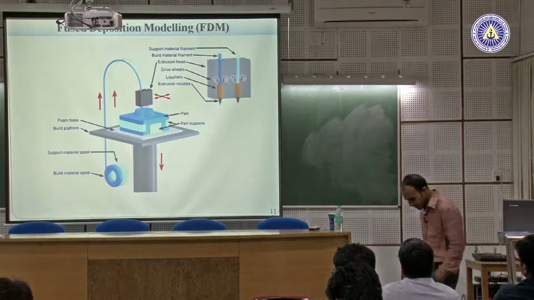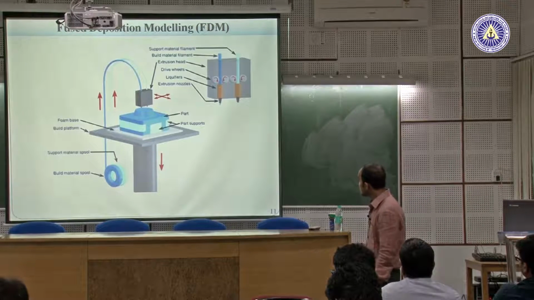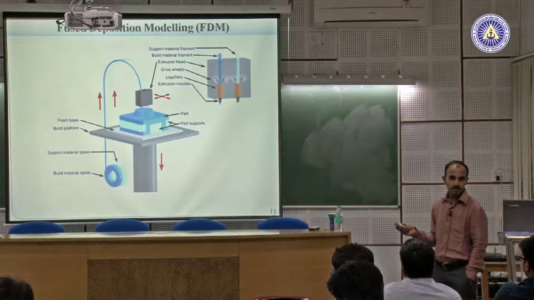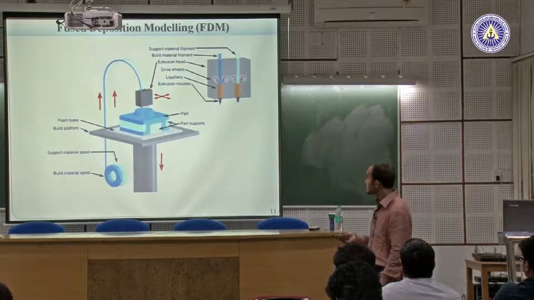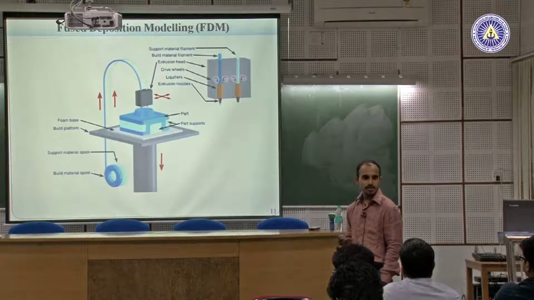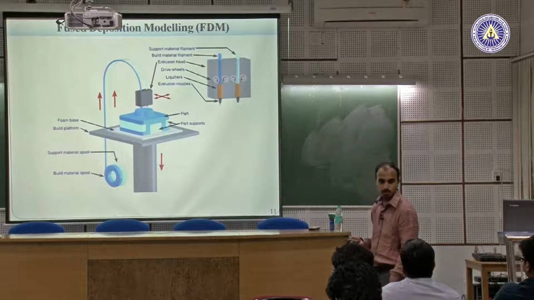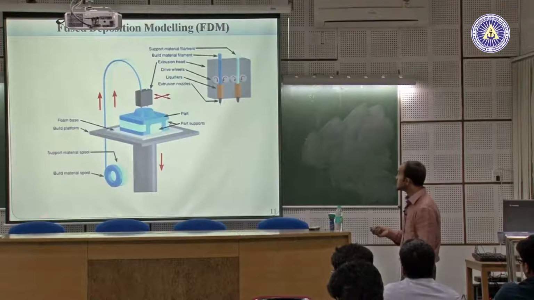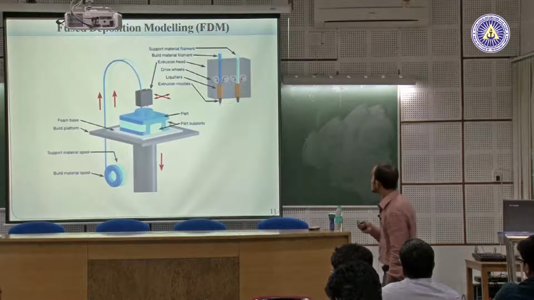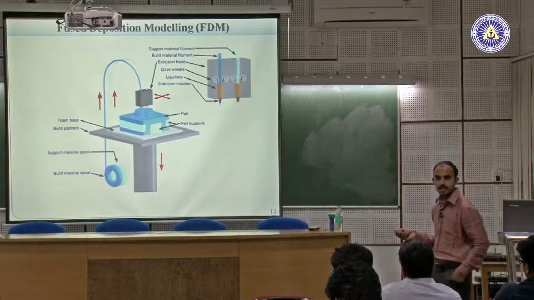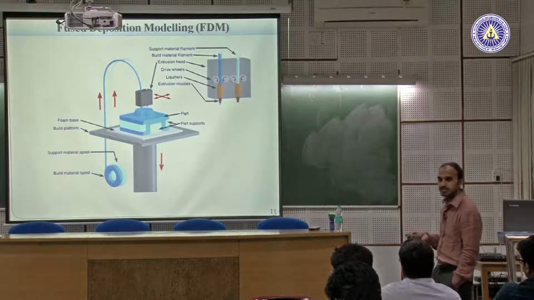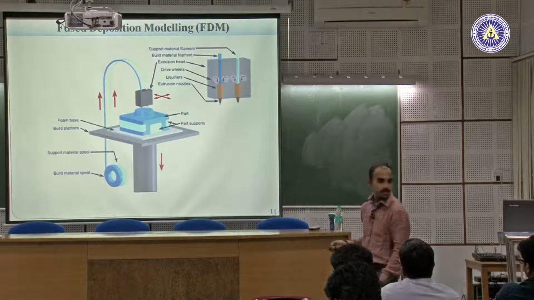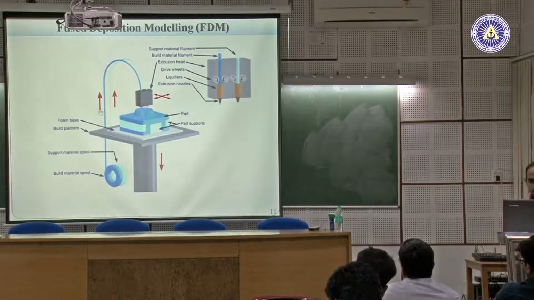This is fused deposition modeling. It is a wire-based additive layer manufacturing process, which is generally less expensive and does not require post processing. It is generally used for polymer materials like ABS, polycarbonate, and polypropylene. Generally it uses build materials along with supporting materials, in which rollers feed the wire material into the heating arrangement, which melts the wires and creates the build. We can see the overview by using this.